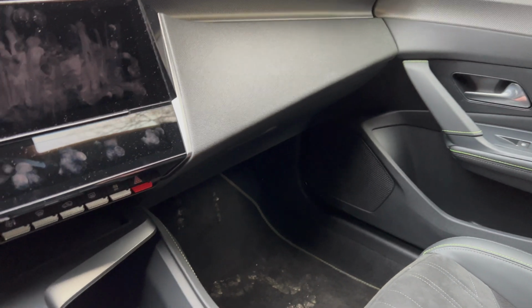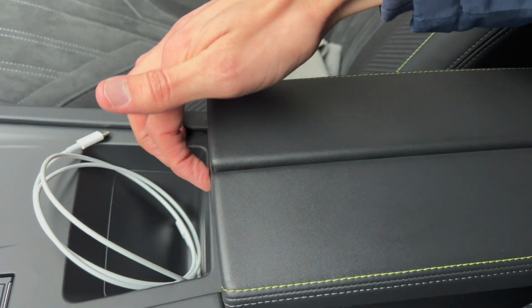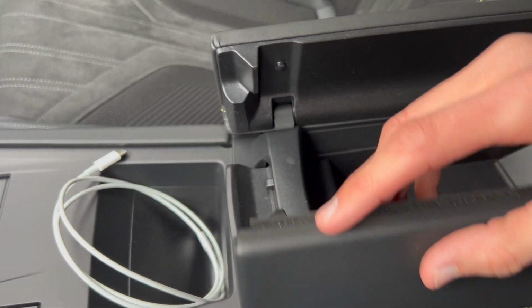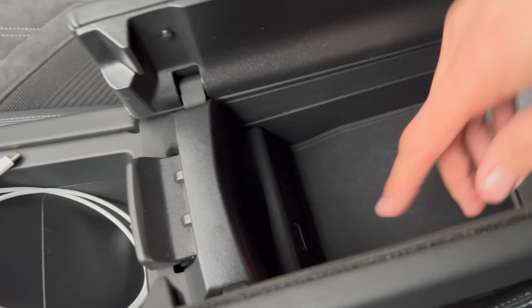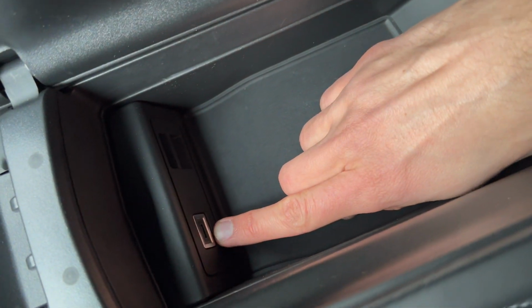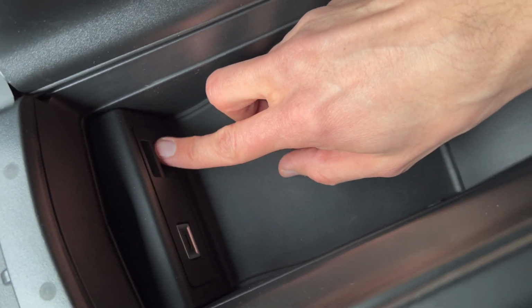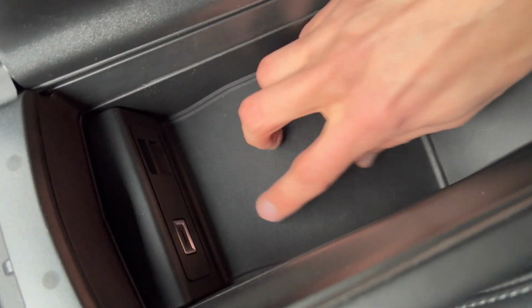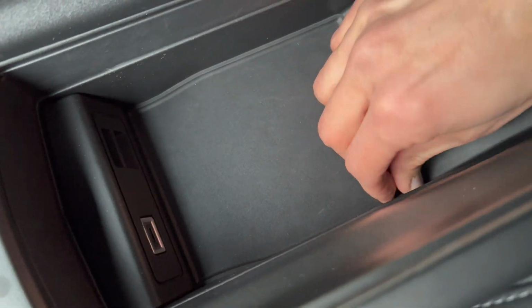Close that up. And just not to forget, really nice and soft armrest. You can press here a little button, and then it kind of opens up slowly. And you have this rubber, so if you have a cable inside, it won't squash it. There's another USB-C here, and something that appears like a vent. I'm not 100% sure if this is cooled. This is a rubber mat, and watch this. You can pull this guy out. This is also going to be hard, but